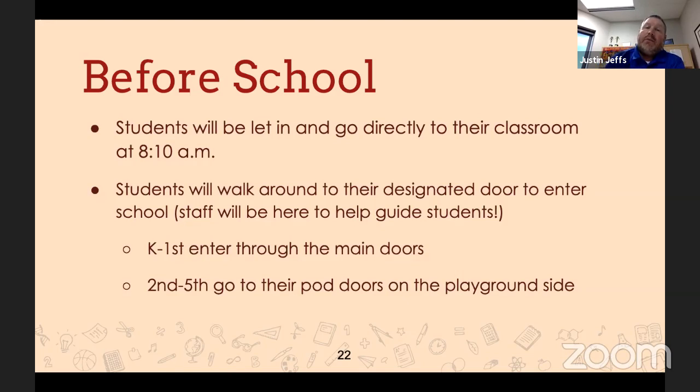And so what that looks like is we will have signage out in the front yard. It's visible to everybody, and we'll have some signs that show like K1, and we'll have arrows, and we'll have staff out there to help. But K1 are going to come to the front doors, and that's where they will enter. 2-3 will walk around to the south side of the building and enter through the 2-3 pod, and we'll have signage there showing everything. And then 4-5 the same. So we will have grade levels entering at different entry points, and we will have signage to show exactly where that's at, and we'll have additional adults outside to help ensure that goes smoothly with social distancing.